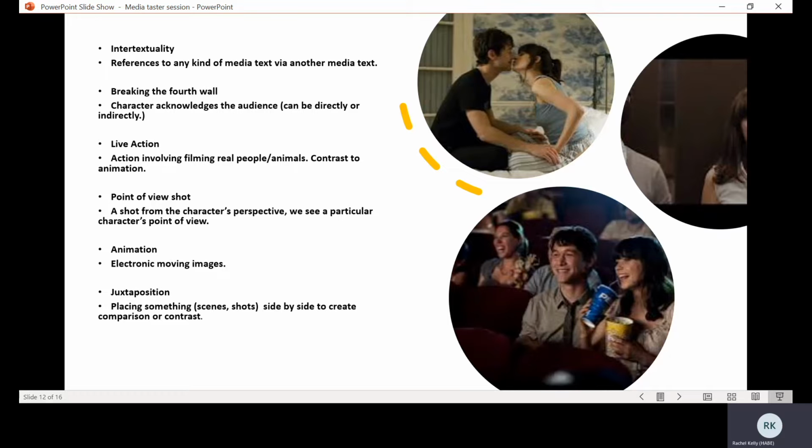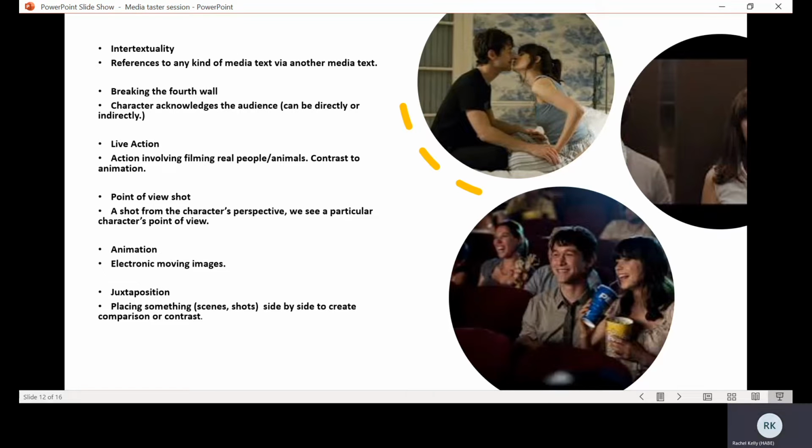Breaking the fourth wall. Now, this is something where in film and TV, the character acknowledges the camera and looks directly into the camera. Now, this doesn't generally happen in film and in things like soap operas or any fictional work that we watch. Obviously, in documentaries and non-fiction, where there's a presenter presenting to the screen, they always look at the camera. But in fiction, the camera is never looked at. Sometimes it is, and that's called breaking the fourth wall.